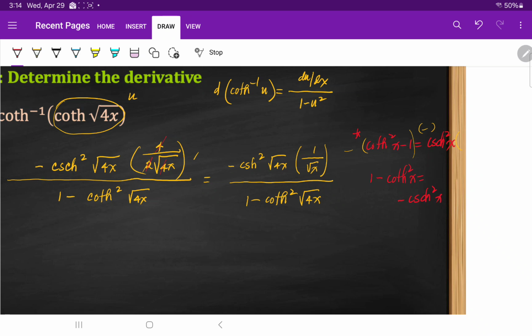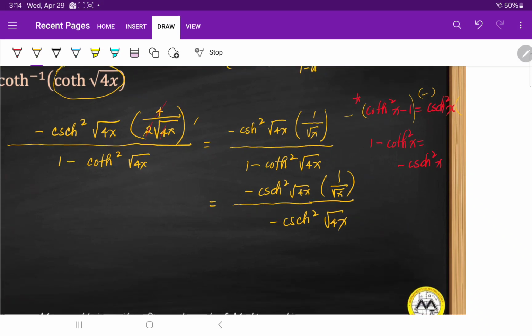So, it means that this is equal to negative hyperbolic cosecant square of the square root of 4x times 1 over the square root of x over negative hyperbolic cosecant square of the square root of 4x. So therefore, this simply cancels out. And so we get, as a result,